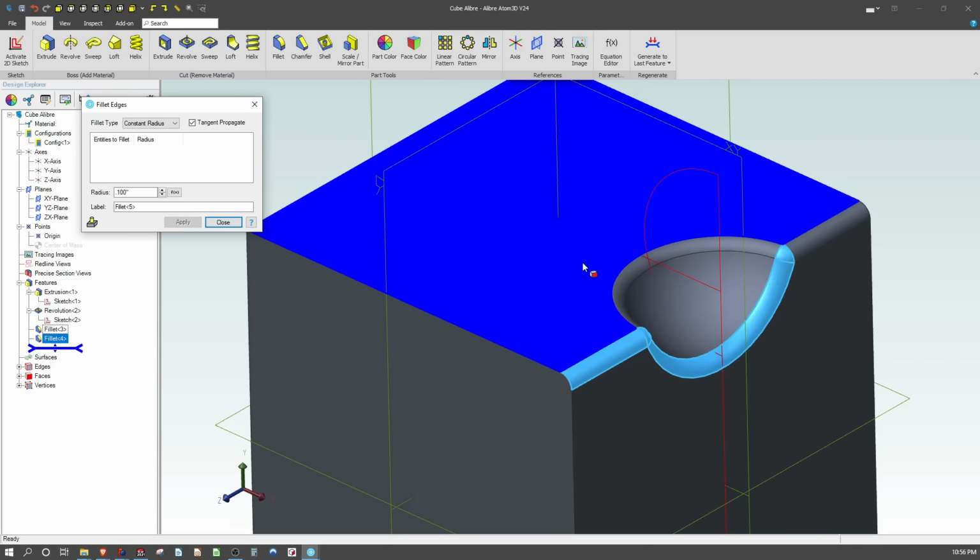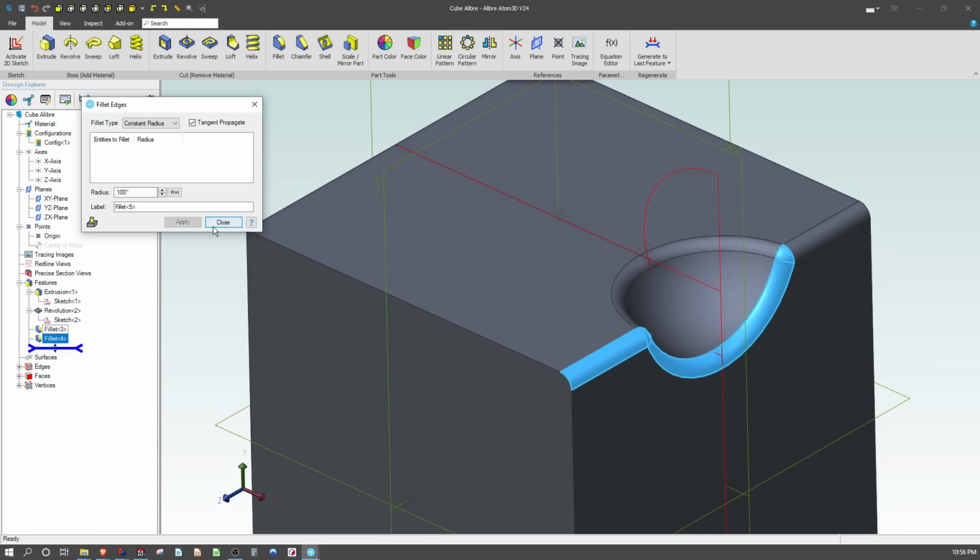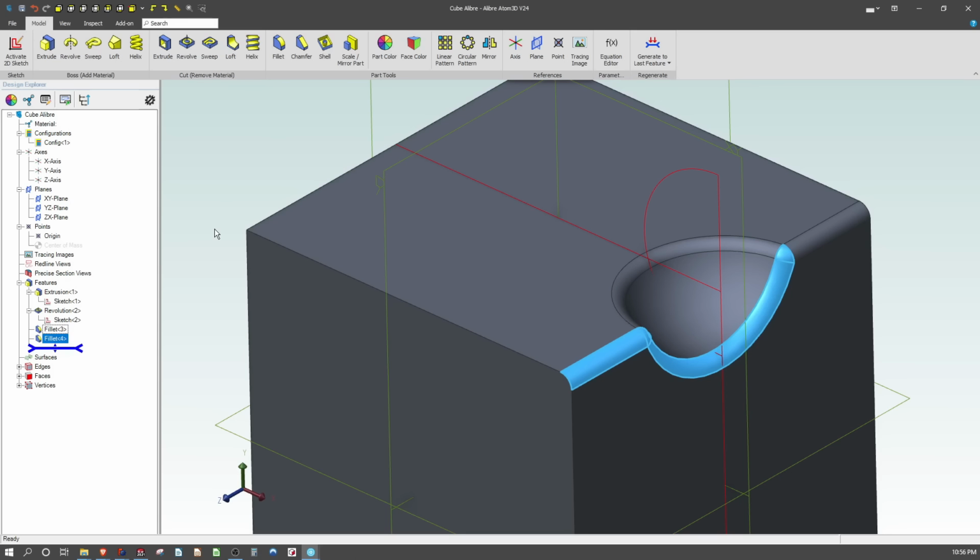Now, this is an oversimplified example, but I would say in general, Alibre is more inclined to be able to add fillets, and because of that, whether you're working in injection molding or casting or something else, sometimes you just need a whole lot of fillets, and it's a real lifesaver to have something that can get the fillets done. So I think that's a huge plus for Alibre when you need fillets,